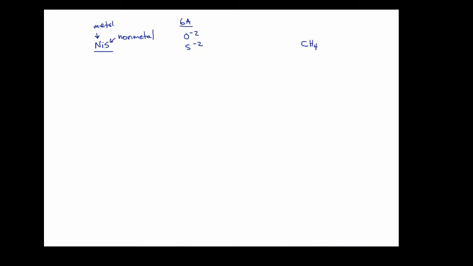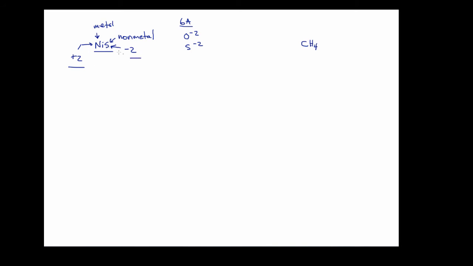So when you look at this compound, determining the charge on the nickel becomes rather straightforward, because the other thing is, we understand that the sum of all the charges in this compound need to be 0. So therefore, if the charge on the S is -2, then we know that the charge on the nickel has to be +2. So we would say the oxidation state of the nickel is +2, and the oxidation state of